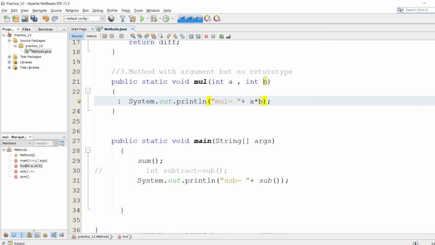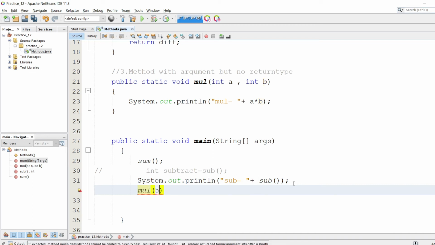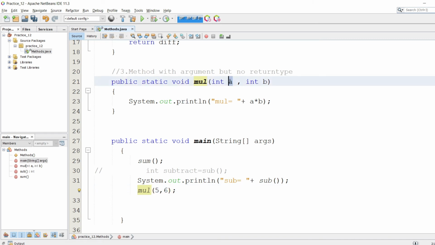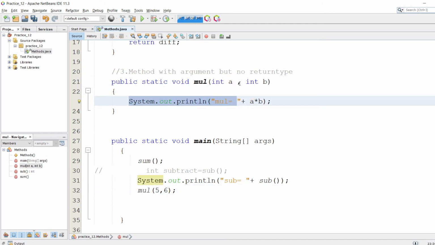In order to call this method, we can simply write mul and pass the integer values, as it takes two integer values. Whenever this mul method is called, it's going to take the first parameter as 5 and the second parameter as 6, and it simply prints out the value by multiplying a and b.